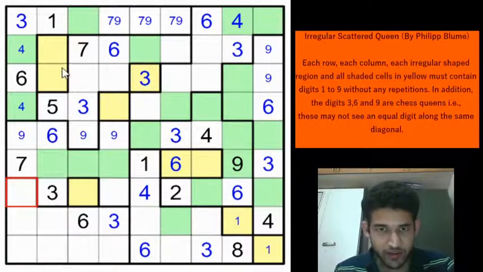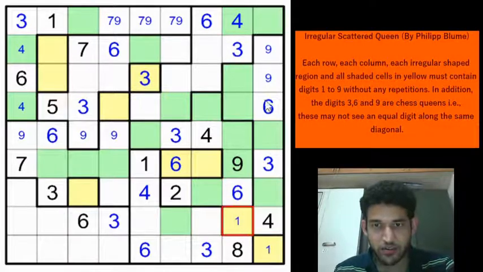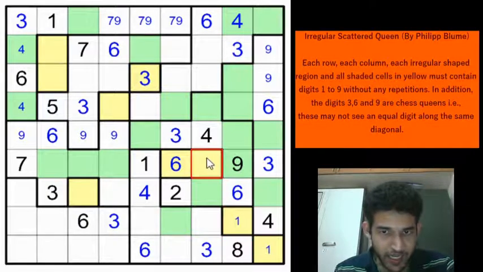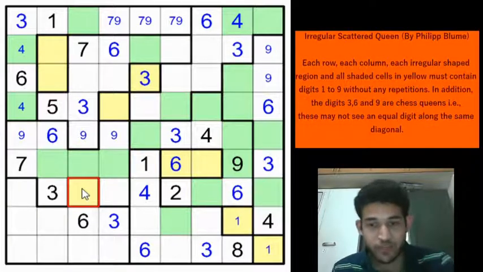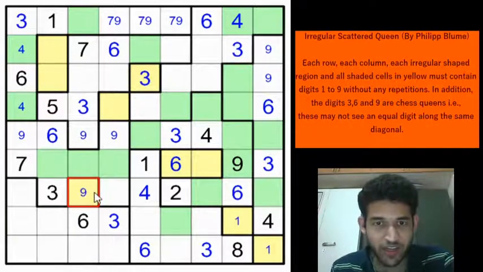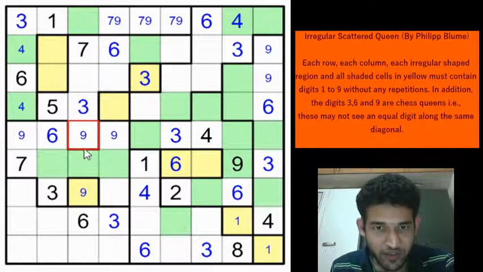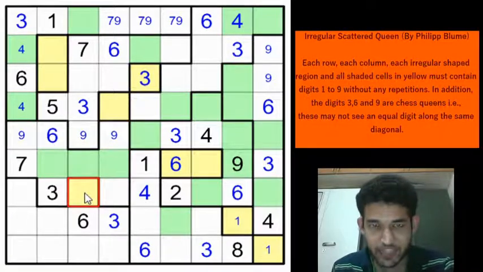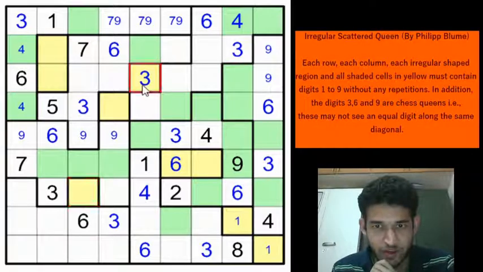Let's look, where can a 9 go in any of the yellow cells, right? Can a 9 be here? 9 can't be here because 9 is here, and 9, can a 9 be here? Oh, 9 cannot be here, right? Because we have marked 9 to one of these 2 cells, so 9 is eliminated from these 2 cells. 9 can't be here as well, so 9 may be here. Oh no, 9 can't be here. Look what happens if you have a 9 here. You eliminate the 9 from here and you eliminate the 9 from here. Oh, 9 can be there, I'm sorry. So 9 can actually be here. 9 cannot be here, cannot be here.